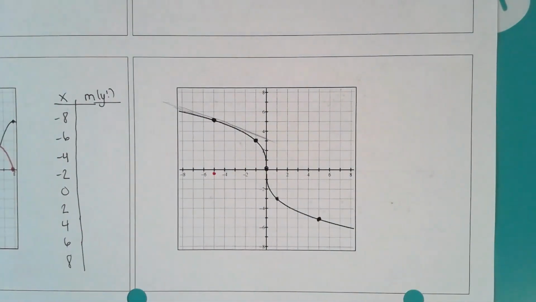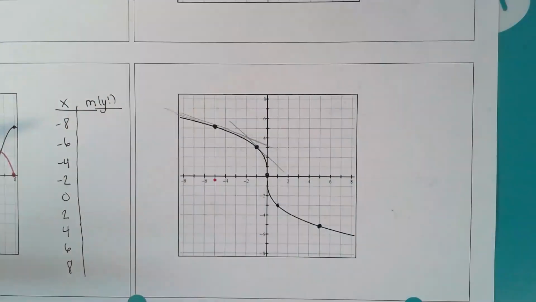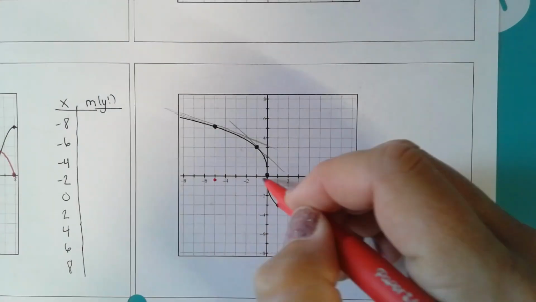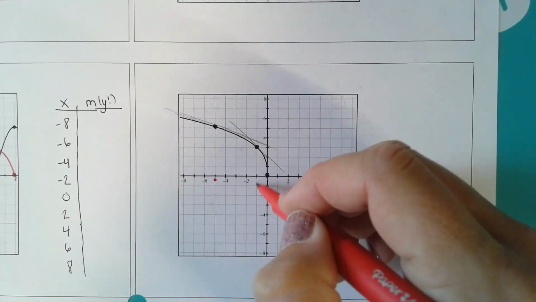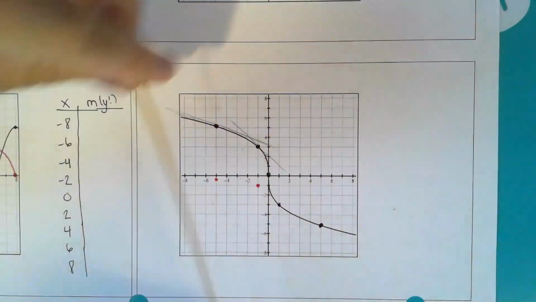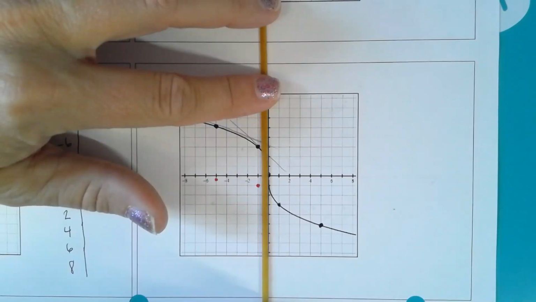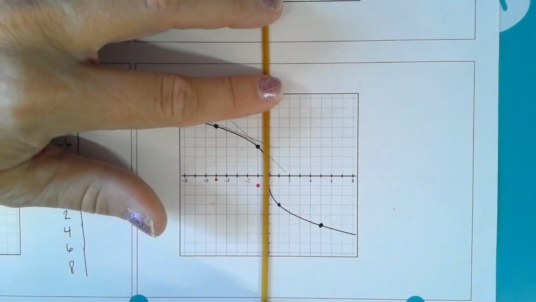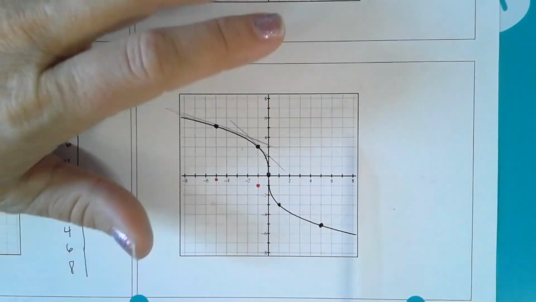Let's take a look at -1. There's my tangent line there. But at -1, my slope's -1. Let's take a look at 0. If I were to lay a tangent line there, it just kind of follows the curve there. It looks like a vertical line. This is a vertical tangent line, right? The derivative does not